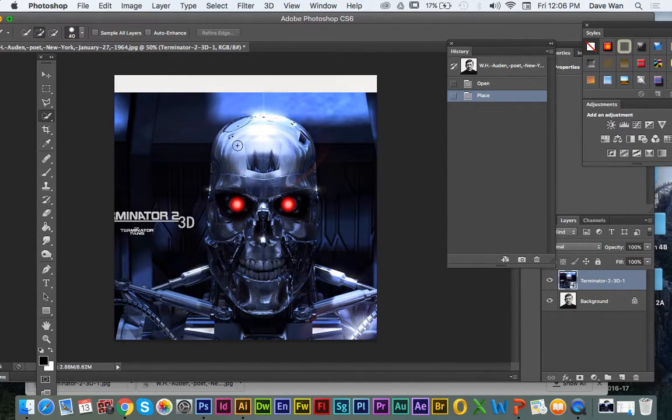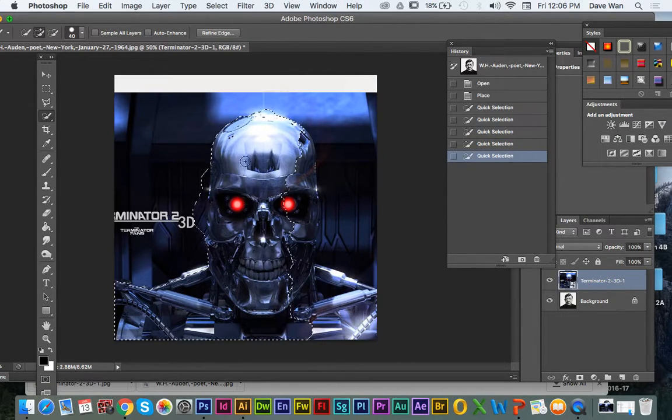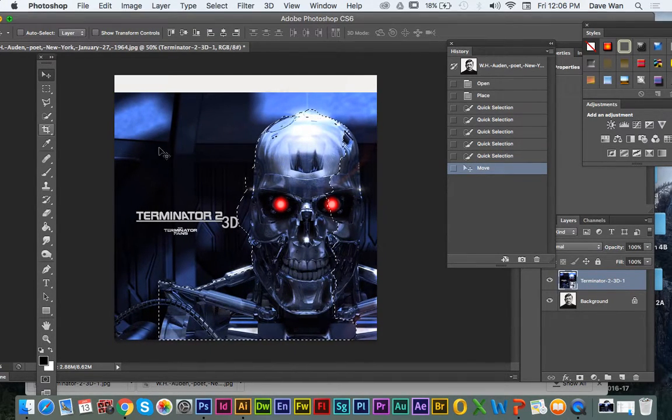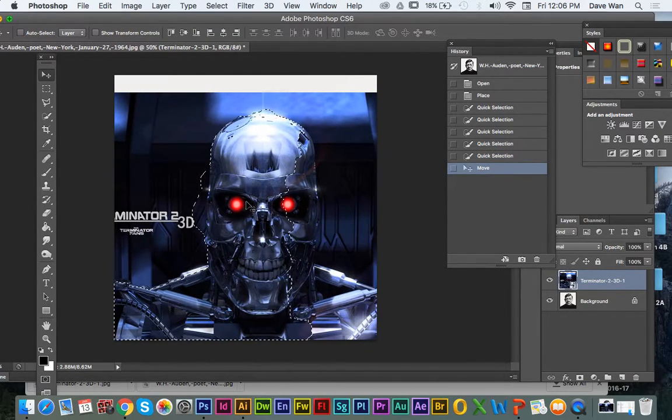I'm going to use the quick selection tool. Okay, so I'm only selecting the Terminator's head. So I'm just selecting the head here. And again, don't worry, it doesn't have to be perfect, but I would just select the parts that you want to keep in the picture. So I'm only going to do this half of the picture. So I'm gonna do this half here. It's okay. You just want to highlight most of it, and then you do the